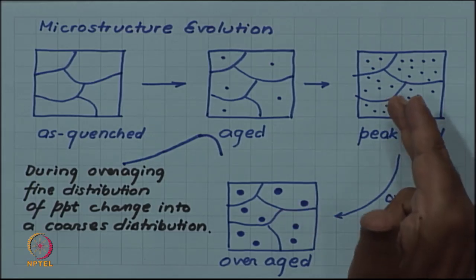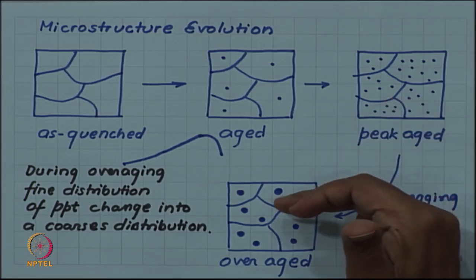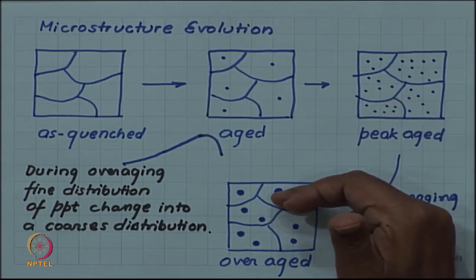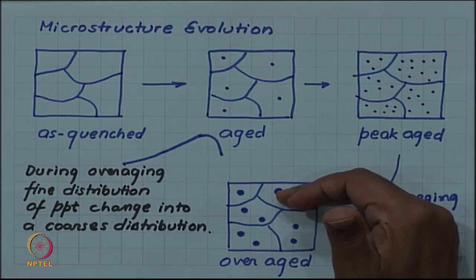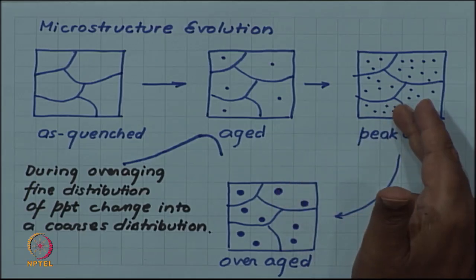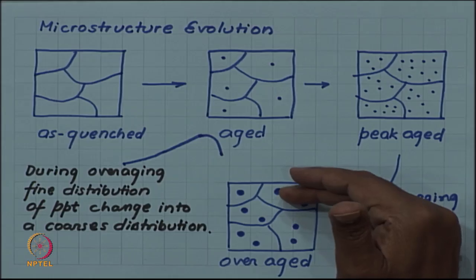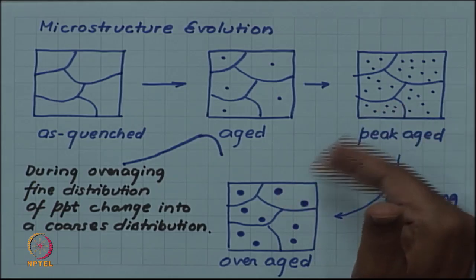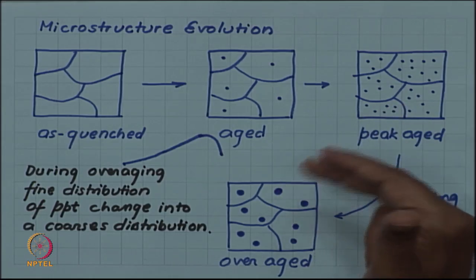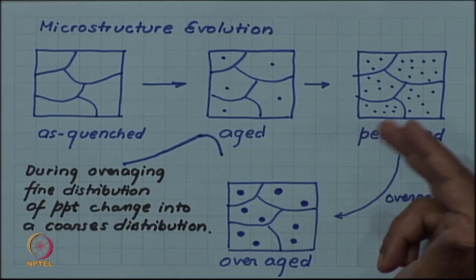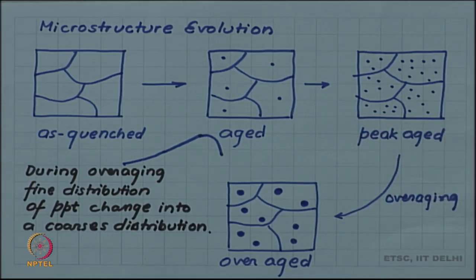Because you can think of fine distribution as being generated from a coarse distribution by breaking each of the coarser particle into finer particles. And as you break the coarser particle into finer particle, you are generating new surface and correspondingly new surface energy. So,